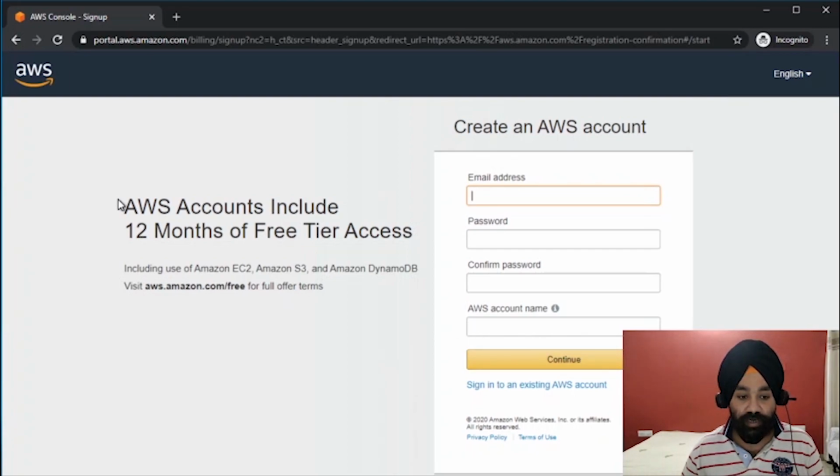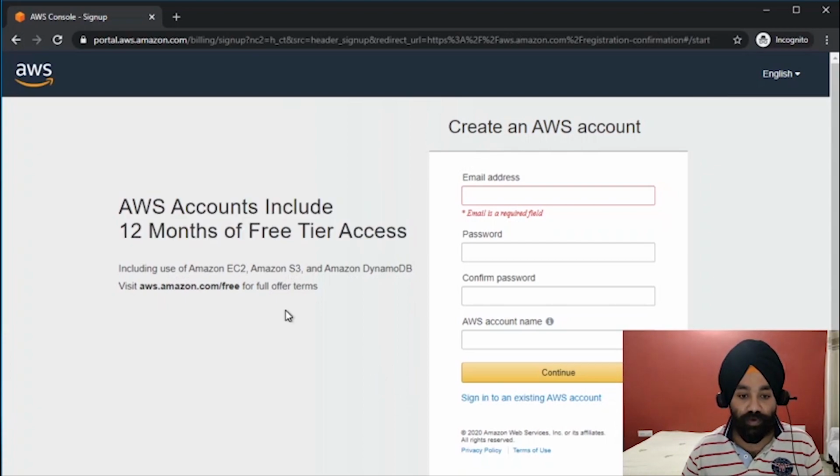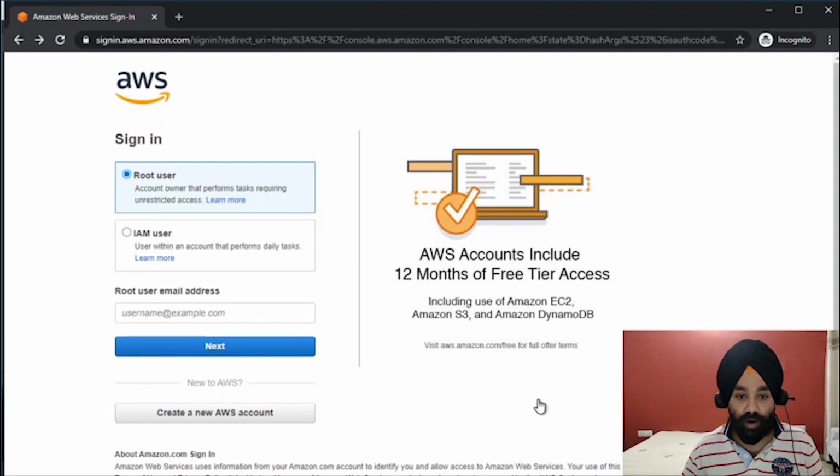But please note that AWS is free for the first 12 months for limited access. So you need not worry about getting your credit card charged. Amazon just asks for these card details so that after 12 months, they can start charging you depending upon your usage. You will also receive an activation link on your email which you need to click to activate your account. So after activating your account, you can log in to AWS via the login page. You just need to enter your email, click on next, enter your password, and it might send an OTP to your mobile. You just need to enter that OTP and then you will be logged in.